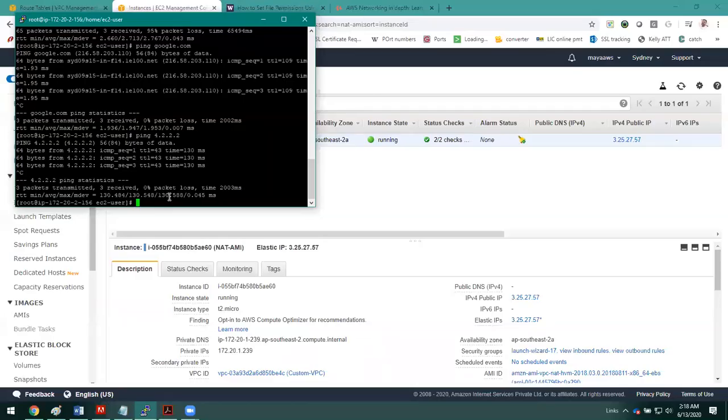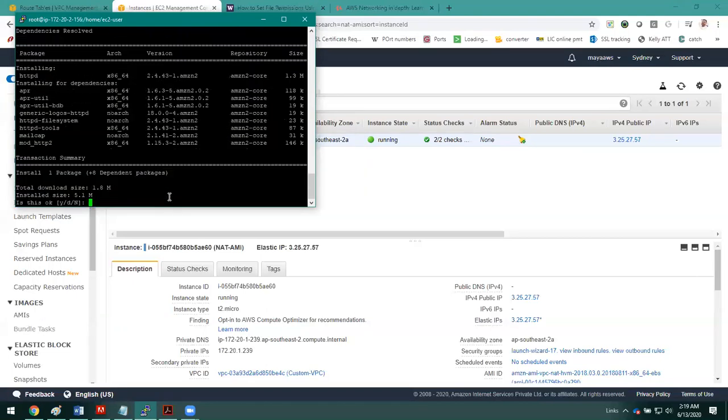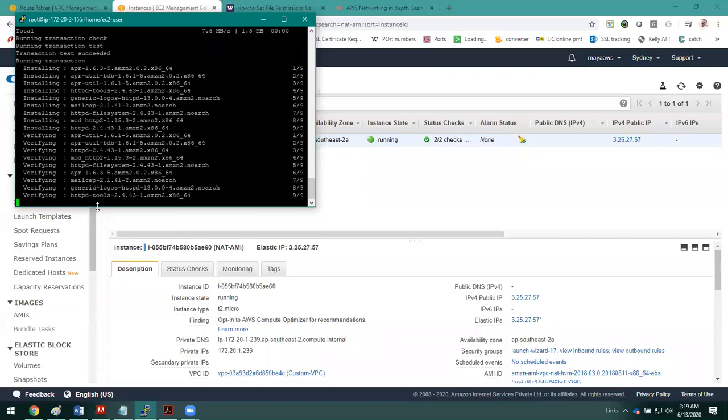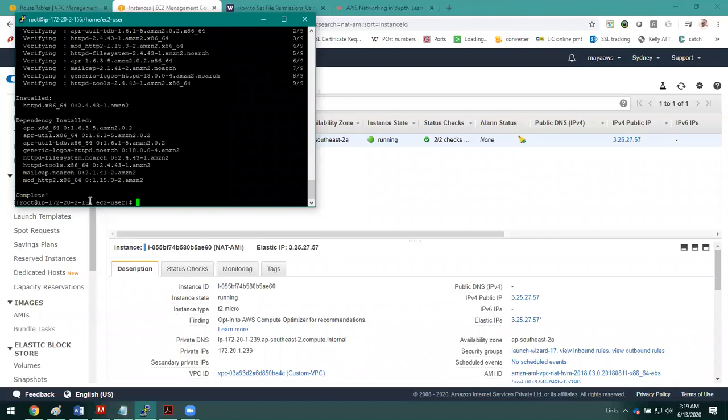So I'm trying to download some package. So I'm able to successfully download the package, where my private subnet machine can successfully connect to the internet.